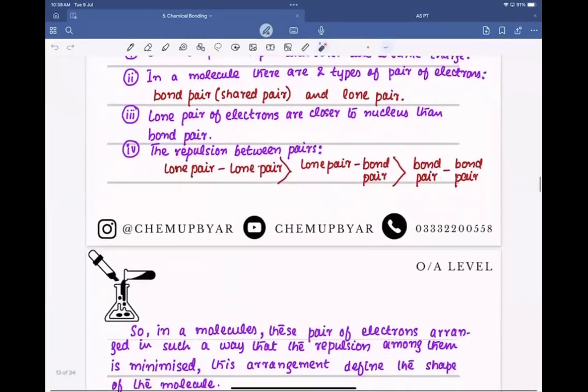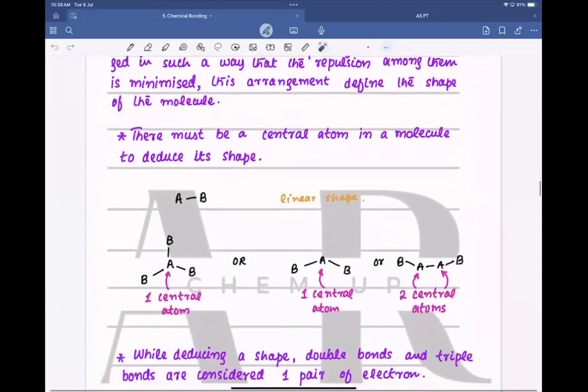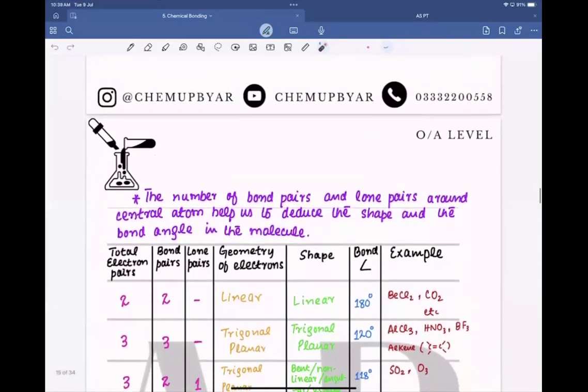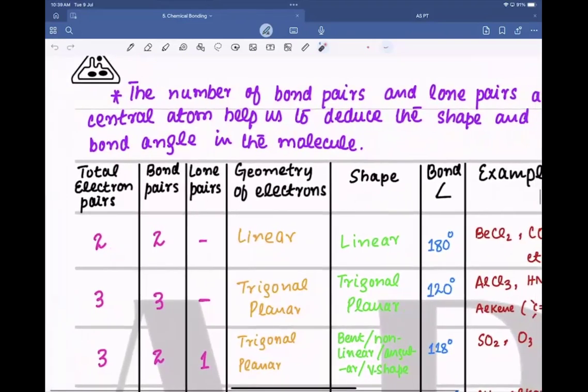Okay. Now, can we think of any other possibility of bond pairs and lone pairs having the total electron pairs as 3? We could have one bond pair and two lone pairs. If this is the atom A and it has one bond pair and two lone pairs, does the central atom exist? No, because it has to have two bond pairs. So we are done with the total electron pairs of 3. Okay. So now the next case is,